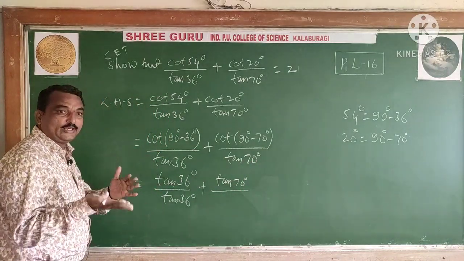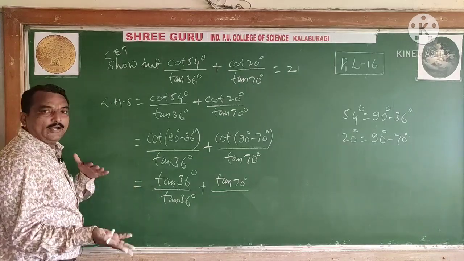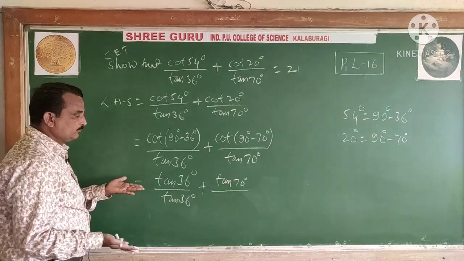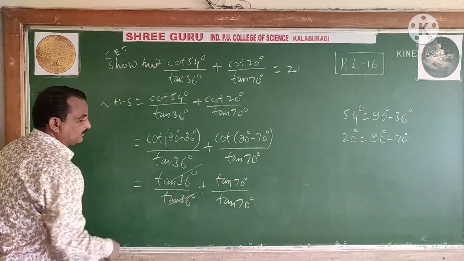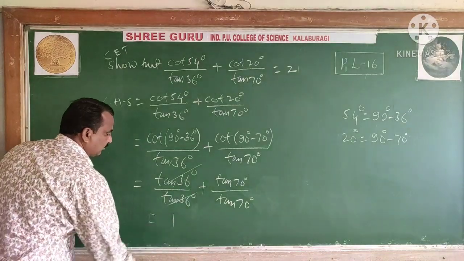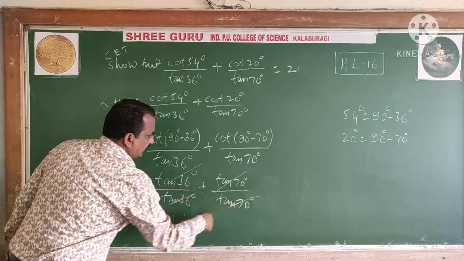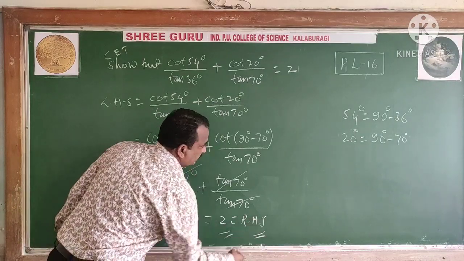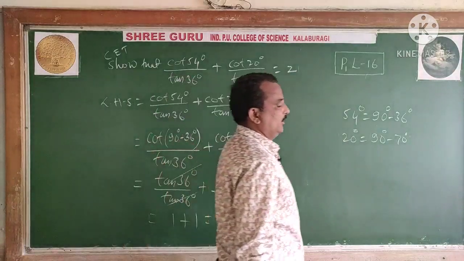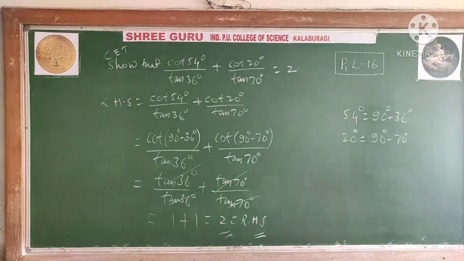If there are squares, you convert in terms of sine and cos; you have the identities for tan and cot, either as products or in the denominator terms. Like that you have to convert and simplify. So here both terms are the same. Tan 36 and tan 36 get cancelled, giving 1; tan 70 and tan 70 cancel, plus 1. This is equal to 2. This is the adjustment. Like that we have to convert here. Such types of examples are asked many times in the CET examination, with the 54 degree and the 20 degree. Like that we have converted here, students.